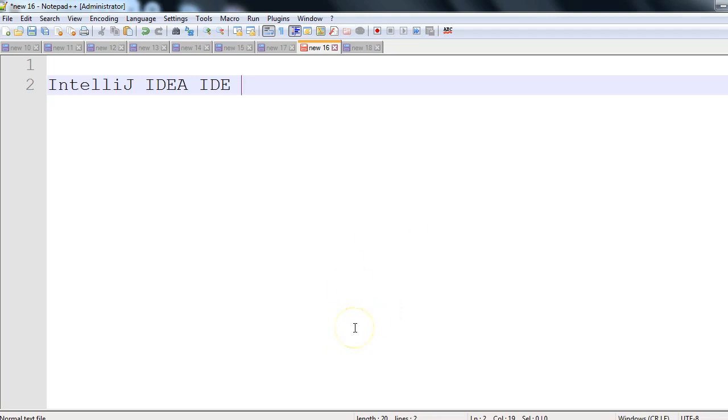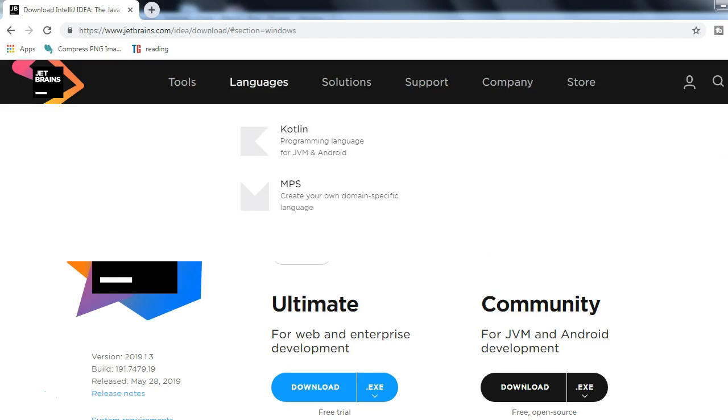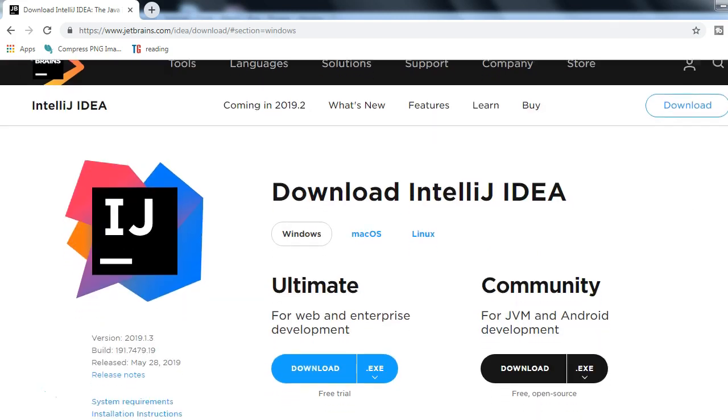So the first step would be to download IntelliJ IDEA. Now the question is how to download this integrated development environment, which is IDE, IntelliJ IDEA. You just go to Google and type download IntelliJ IDEA, and you will get this link of IntelliJ IDEA, jetbrains.com. This is the official link for IntelliJ, and here you can see in the download section